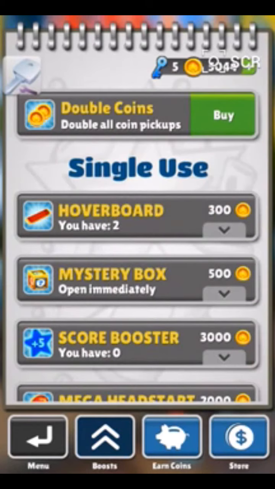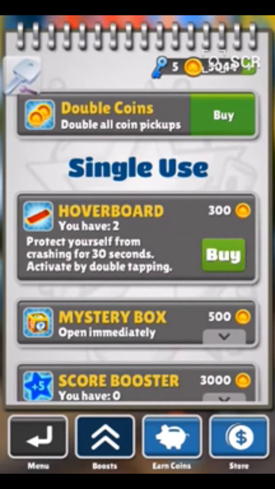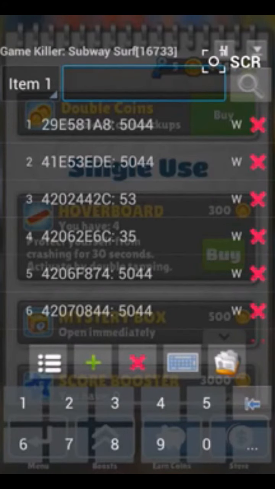and you have to purchase some items. I'm gonna purchase a hoverboard. Now I have 4,444 coins, and enter the money you have left,